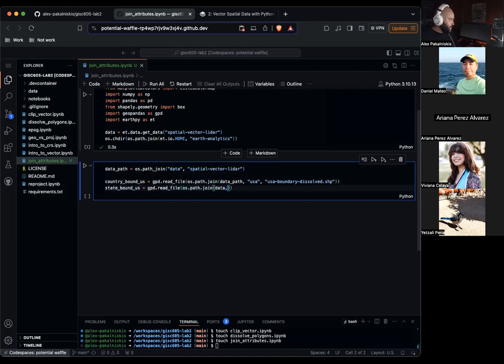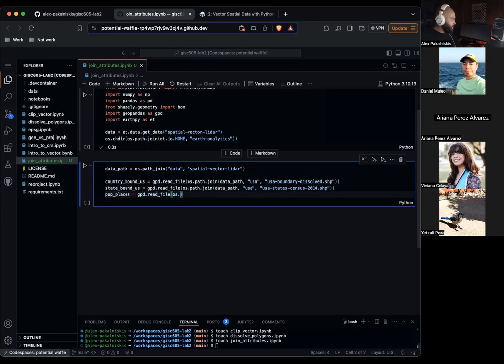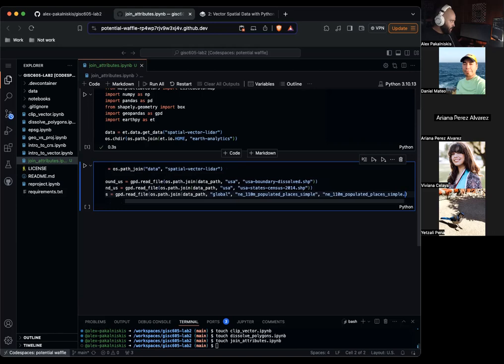os.path.join data_path, usa, usa-states-census-2014.shp. populated_places equals gpd.read_file, os.path.join data_path, global, ne_110m_populated_places_simple.shp.